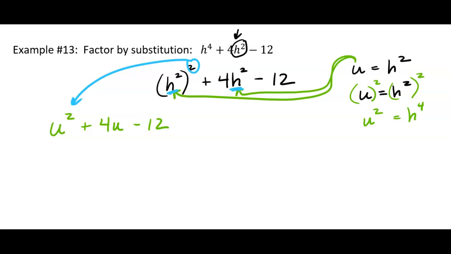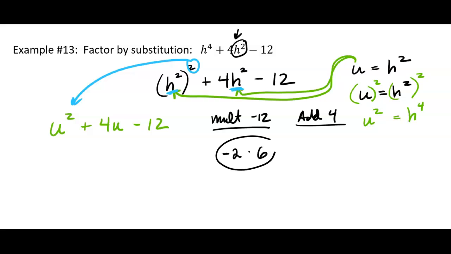The leading coefficient is 1, so I just need 2 numbers that multiply to be negative 12, and I need them to add to be 4. So I think of numbers that multiply to be negative 12. Since it's a negative 12, I'm going to need 1 negative and 1 positive. It's going to be 2 and 6, by the way. I'm going to put the negative on the 2 because I want them to add to be a positive 4. So you've got to think about that a little bit. Don't rush through these because that's oftentimes where mistakes are made. But that's going to work. Negative 2 and 6 is 4, if you add them.